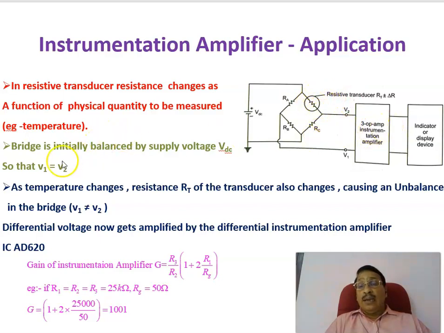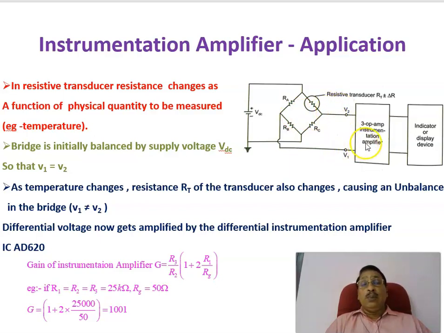instrumentation amplifier. Now coming to that, the bridge is initially balanced by the supply voltage VDC. Now as temperature changes, the resistance RT, the resistance of the transducer, will be changing, causing an unbalancing. Therefore, there will be unbalancing in the bridge, so that a voltage will come across the bridge, because these two voltages will not be equal. This voltage will not be equal to this voltage, and there will be a difference in voltage available,